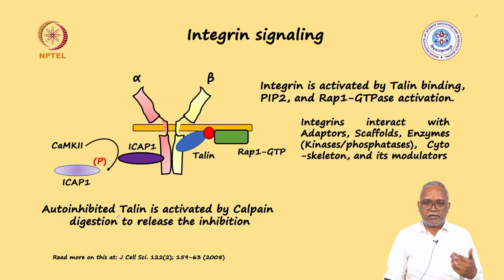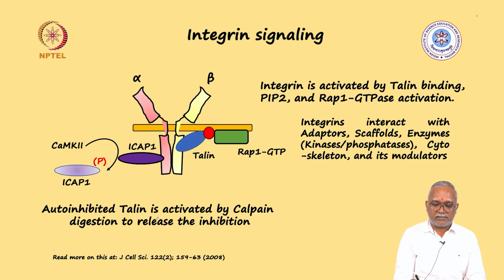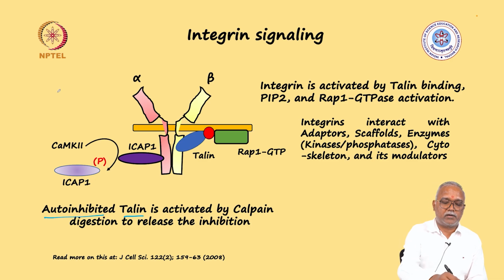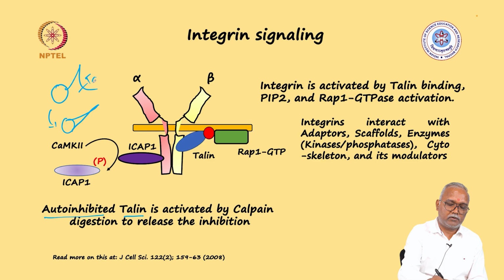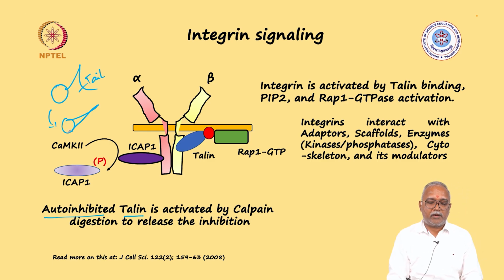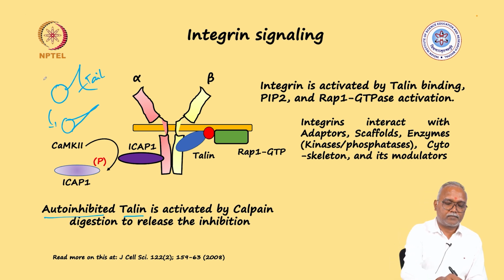So what generally goes on? I told you for activation you need talin, which is auto-inhibited in the first place. If you consider talin to be a molecule like this, it is auto-inhibited by acquiring a conformation like this. So this tail which is here is actually holding on to itself and keeping it inactive. For talin activation,